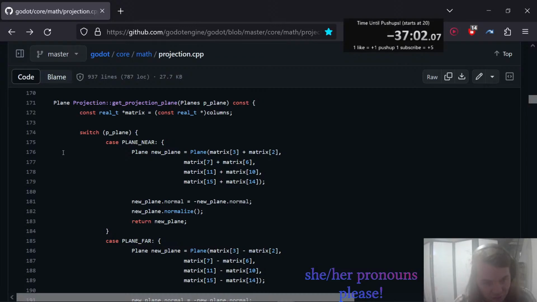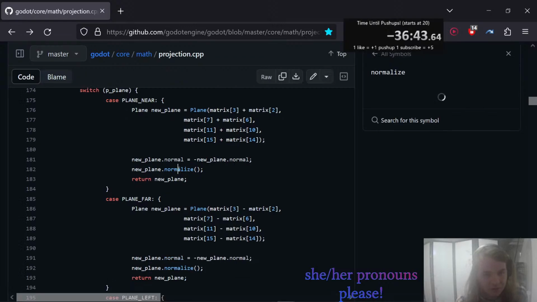new_plane.normal = -new_plane.normal; new_plane.normalize(); return new_plane; }